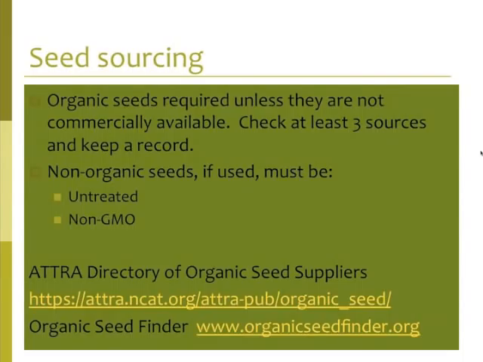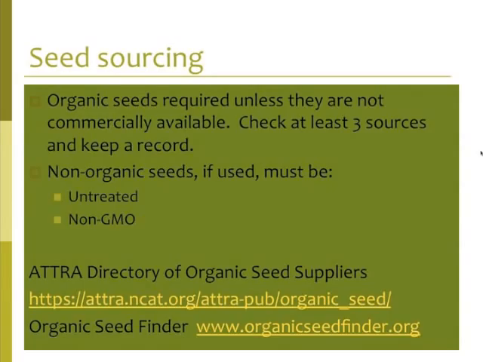Okay, another practice that has to be described in an organic system plan is the sourcing of seeds. If you are using non-organic seeds, including for cover crops, the certifier will need to confirm that it's because the organic seeds are not commercially available in the quantity or quality that you need. Typically, certifiers will want to see that you have checked at least 3 organic seed suppliers before you use non-organic